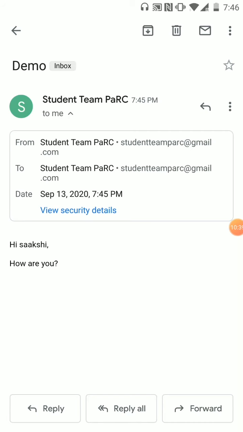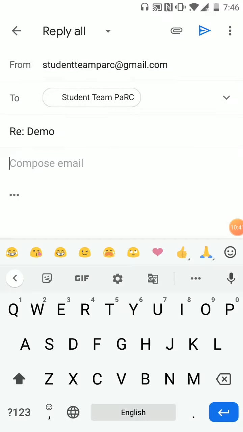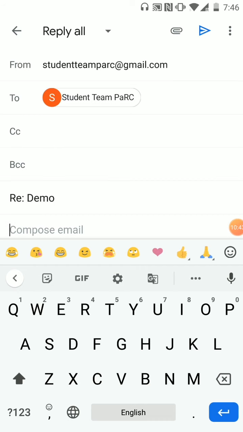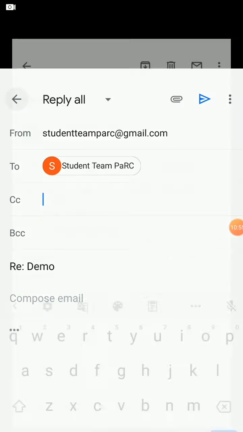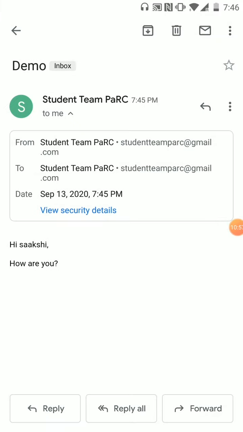However, if you choose the reply all option, then not only the people in the to option, but also the people in the CC option will be replied to. I didn't add anyone in the CC option, that is why it's not coming. But basically that is what reply all does. It will reply to the senders in the to list and in the carbon copy list, the CC list.